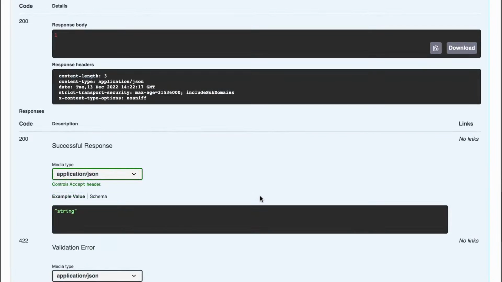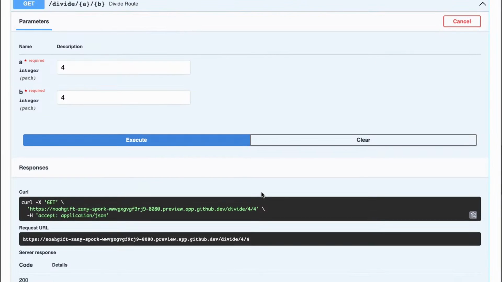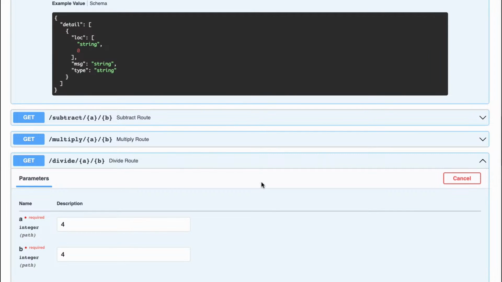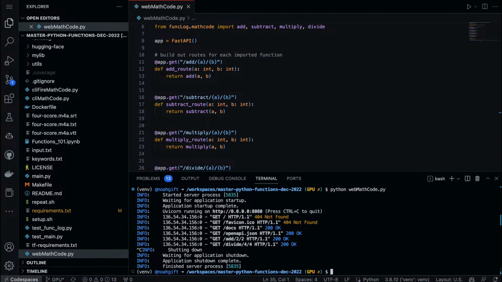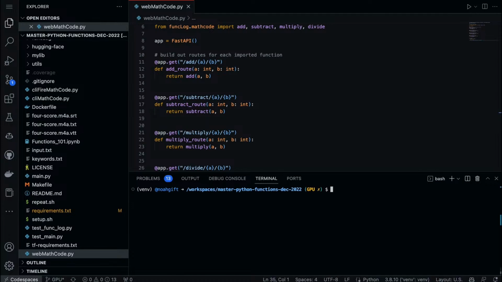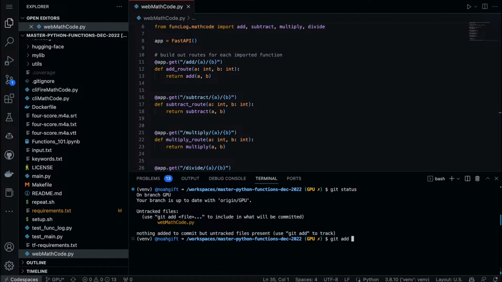Basically, it's really shocking how well we're able to build stuff out, all using this logic scenario where we put stuff inside, and then we use these high-level tools to do all the heavy lifting for us. And then it's not that much more difficult to deploy this to a production environment, which I'll do a little bit later. So let's go ahead and check all this in, and we can say git status here, and we can say git add web math code, and we can say FastAPI service.